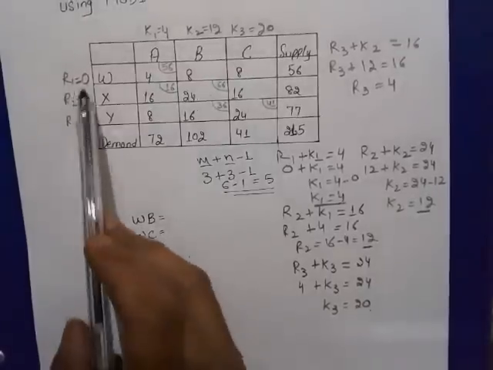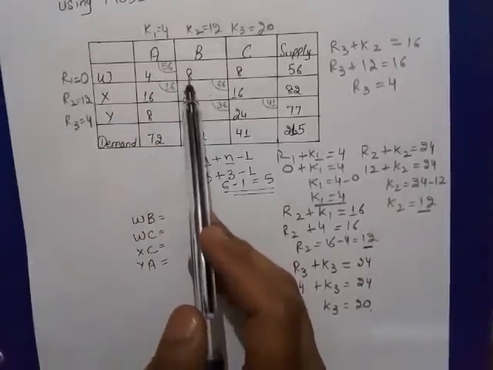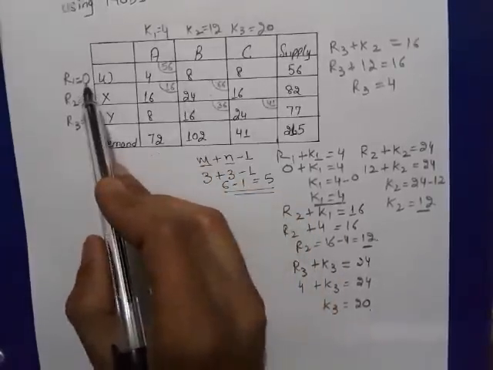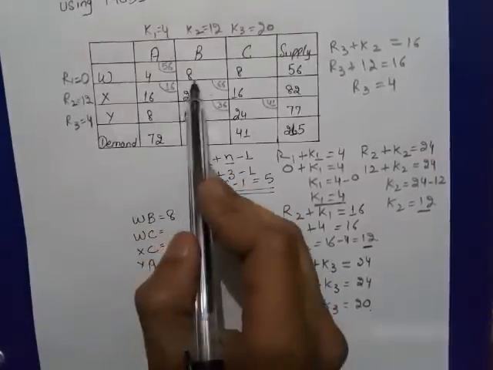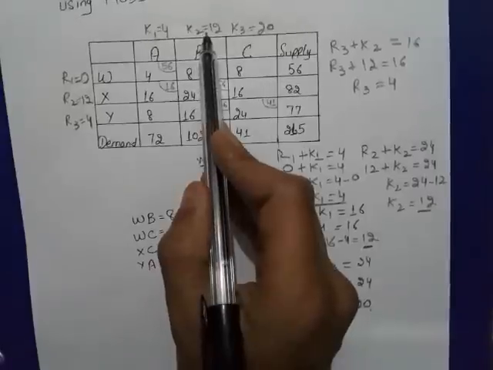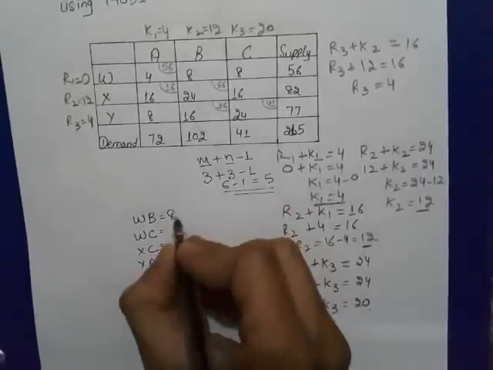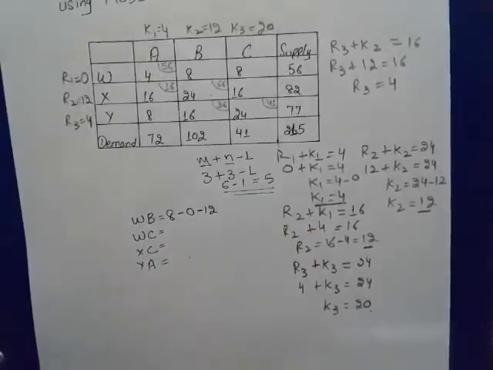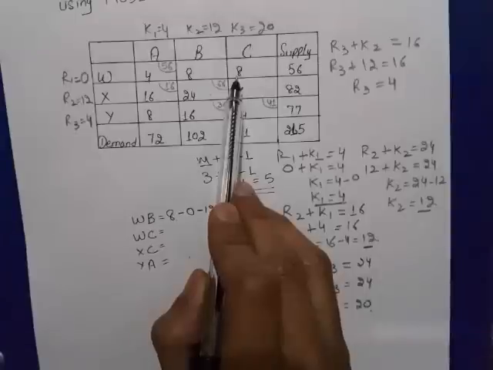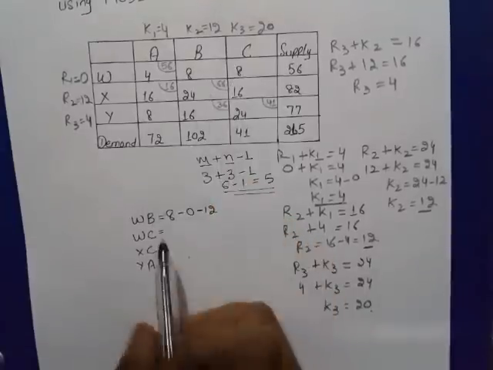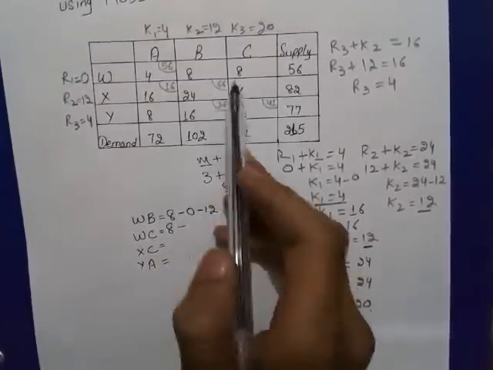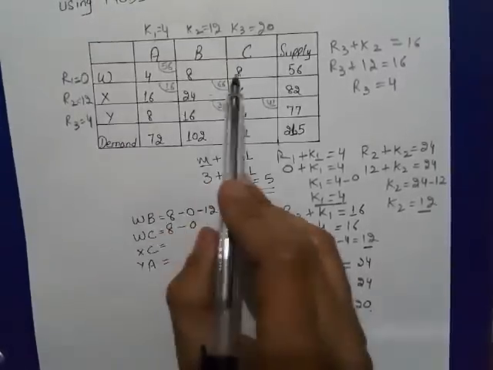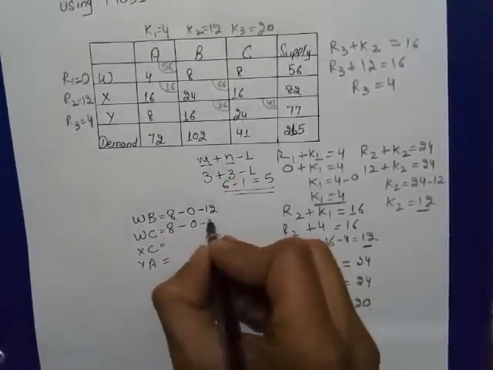WB, write this value 8 minus 0 corresponding row, minus 12 corresponding column. In the same way WB 8 minus 0 minus 20,